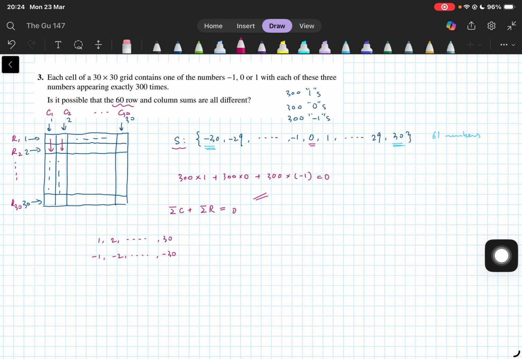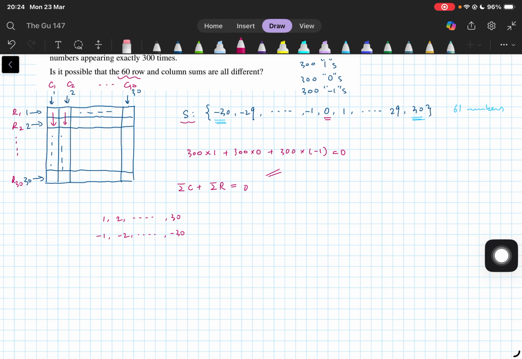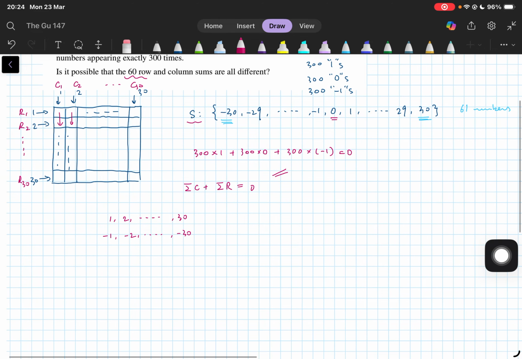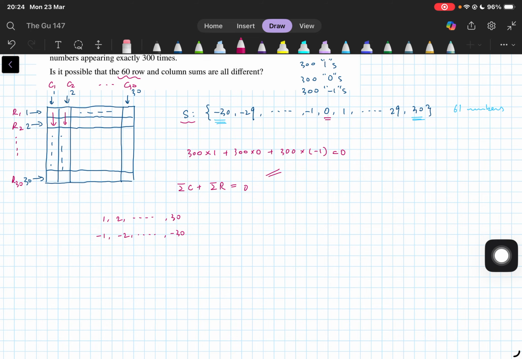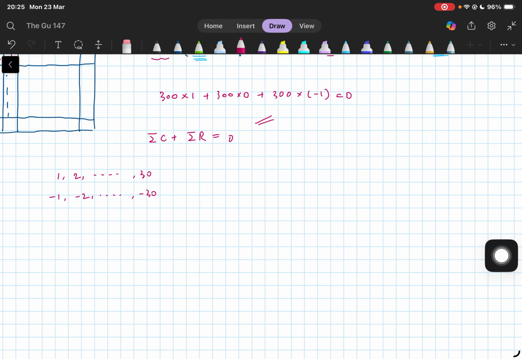And the answer is no. Well, the only way I can see that you can turn your head around if you unfortunately guess that it is possible is that you try to work things out and you realize it's not possible. It really depends on how far you go, but one thing you may consider if you guess it's possible is that, say, without loss of generality, let's say we have a row sum of 30, then we need